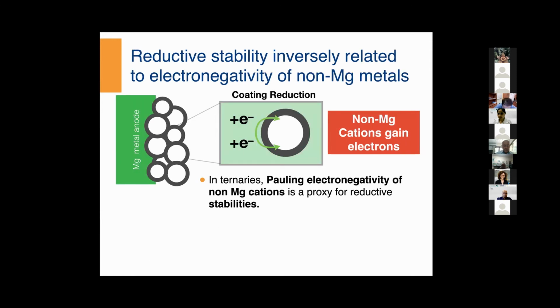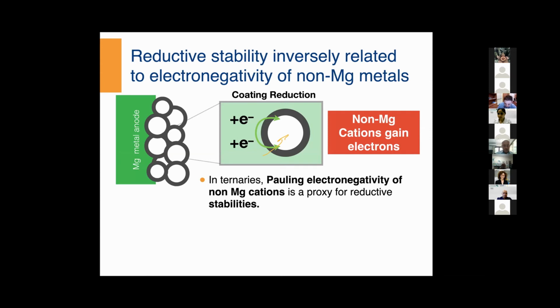But more interesting becomes the aspect of reductive stability, or cathodic stability, near the anode side. And here I'm showing you particles of potential coating material or the composition product. So here, the process that we are witnessing is the insertion of electrons. Effectively, the magnesium metal anode sits at a very low potential that is able to insert electrons and so reduce whatever is nearby. What we find is that if you're looking at ternary or quaternary materials, the Pauling electronegativity of